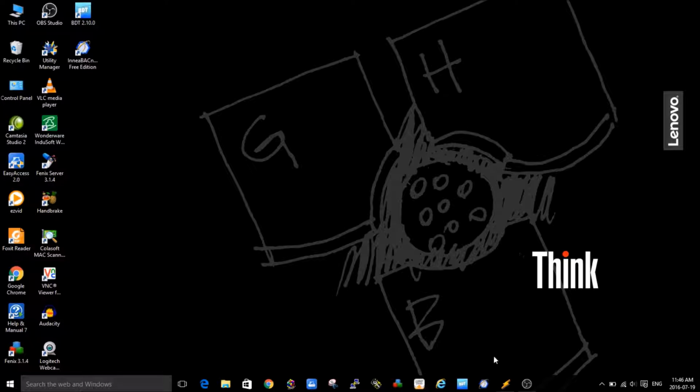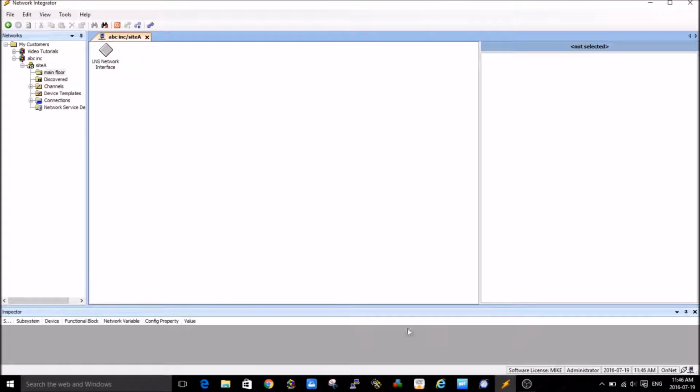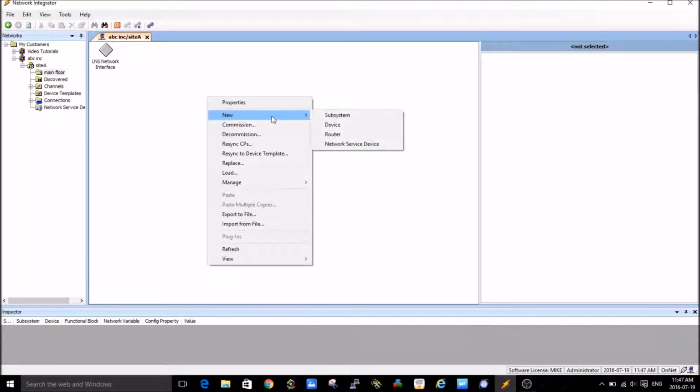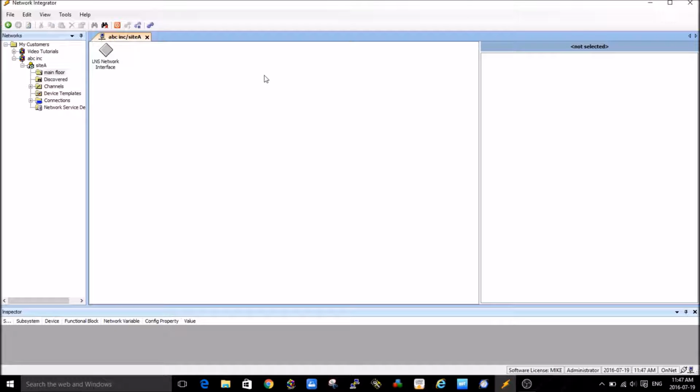So I'm going to go back to Network Integrator, and back to where we stopped. The last thing we did was create the permissions. We defined some groups for site A, so it can create new devices and things like that. As you recall, we can right-click now and create a new device. But before I create a new device, there's one other step I need to take to make sure that NI knows